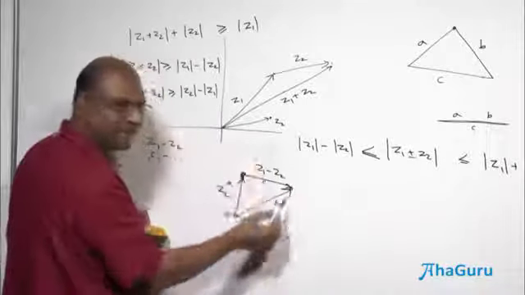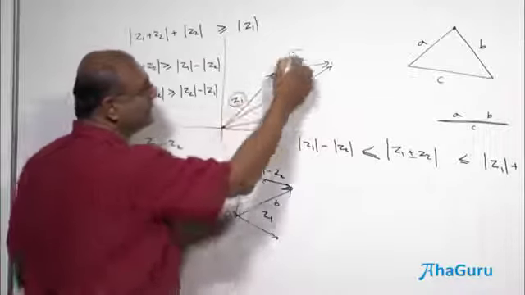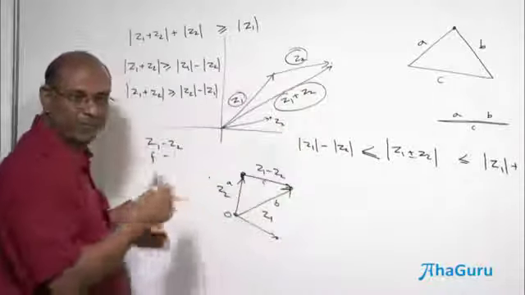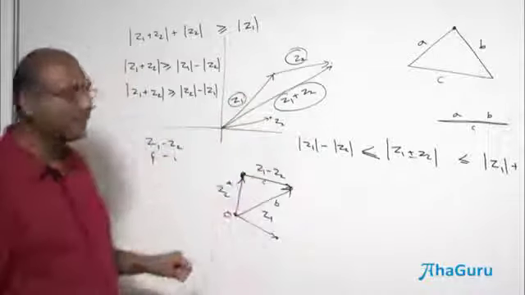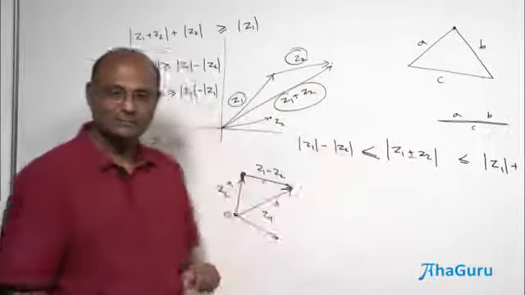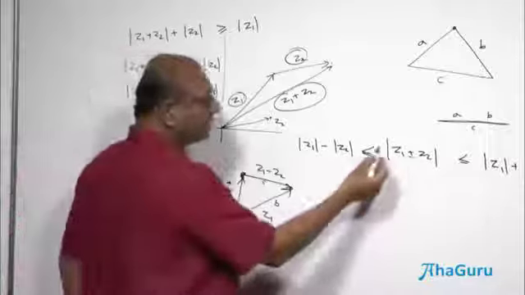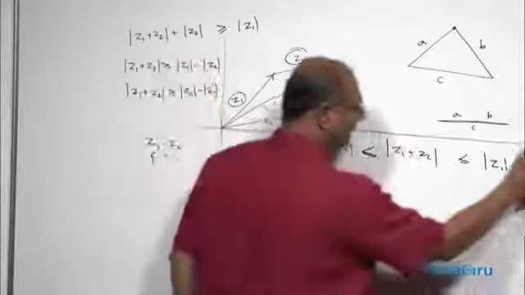I can do the same thing instead of doing it for Z1 plus Z2. See, just imagine that there are these three things, 3 points, or 3 lengths, 3 numbers, which actually give you lengths. And the lengths must satisfy the triangle inequality. So this is the triangle inequality. Okay, so you can do this for Z1 minus Z2, you can do this for Z1 plus Z2, and this is your statement.